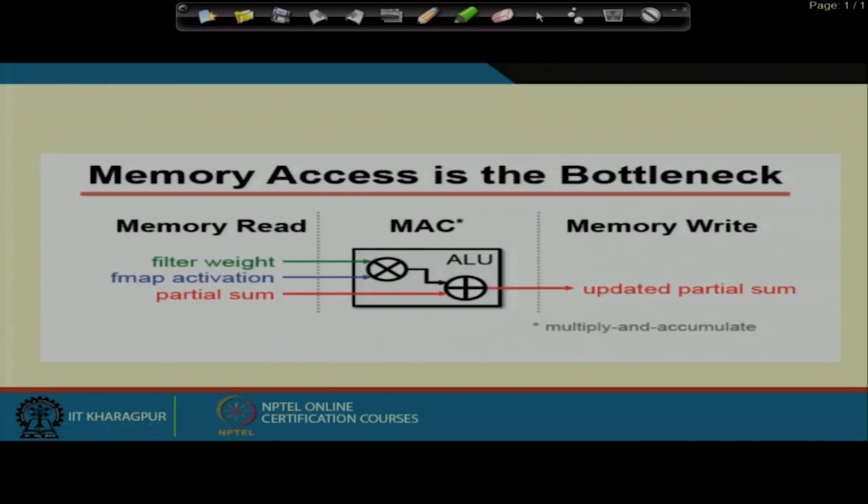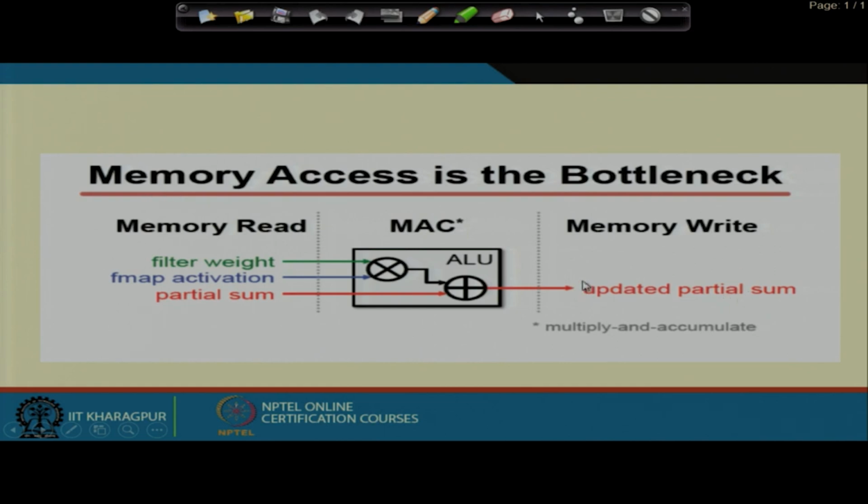Memory access is the bottleneck for machine learning hardware because the ALU consists of a MAC unit. For a memory read I need to read three components: the filter weight, the map activation, and the partial sum, and then the updated partial sum is stored back in the